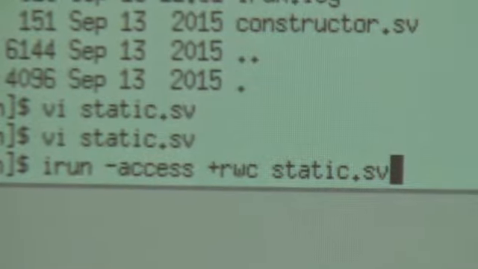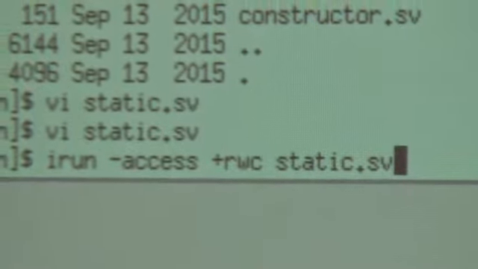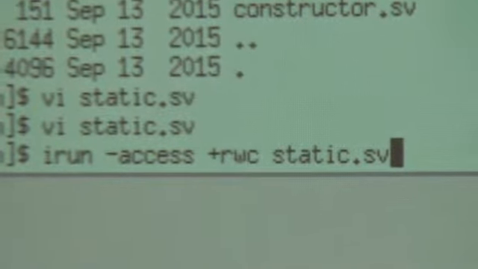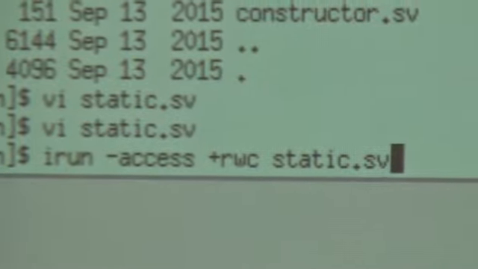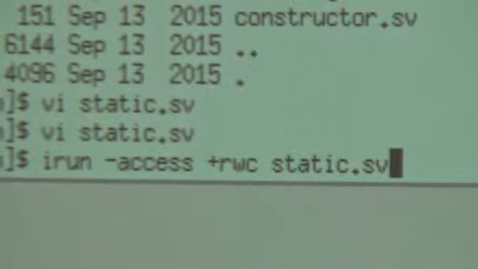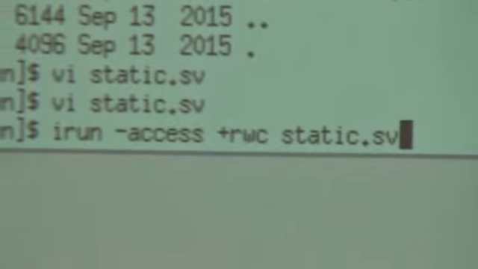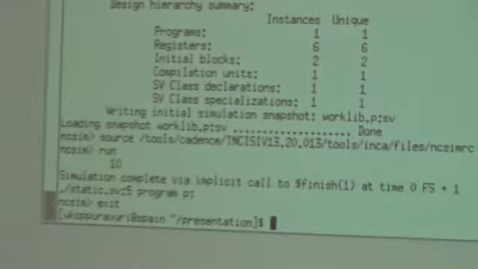I am compiling the SV code in the Cadence tool using the command irun -access +rwc static.sv, which is the name of my file. And we have seen here that we have got the output.